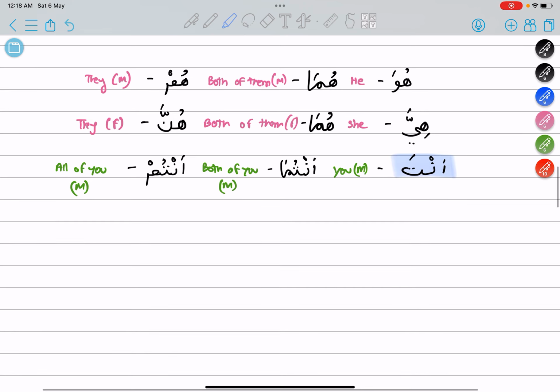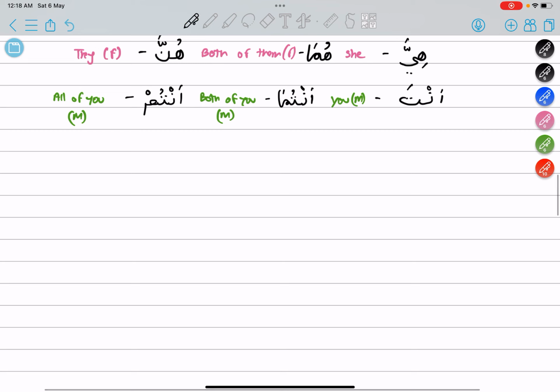So anta means you, masculine, one person. Antuma means both of you, masculine. And antum means all of you. Okay, now anti means you, feminine. So you see a girl, you want to indicate her. So you're gonna say anti, and